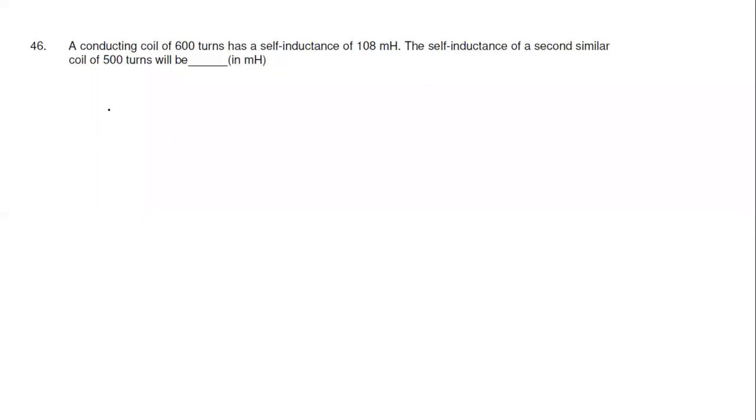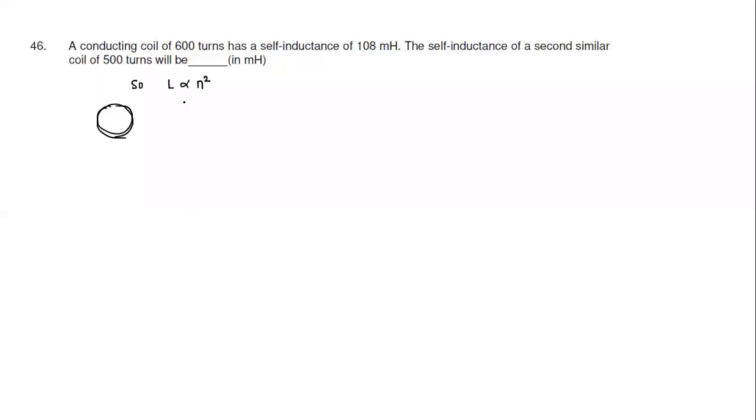So there's a coil which has 600 turns. See, in case of solenoid, we find L value is proportional to N square, the square of the number of turns. But is it also true for circular coils? Can we think of a logical reason why it will be proportional to N square in case of a circular coil?